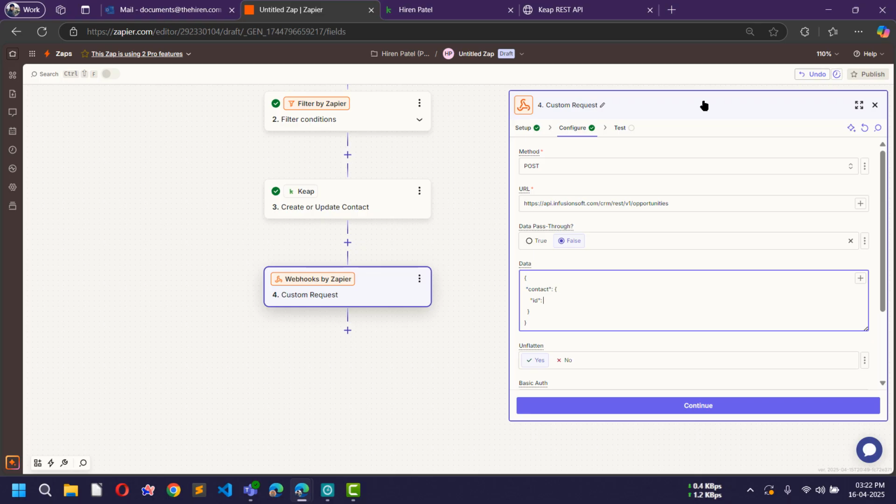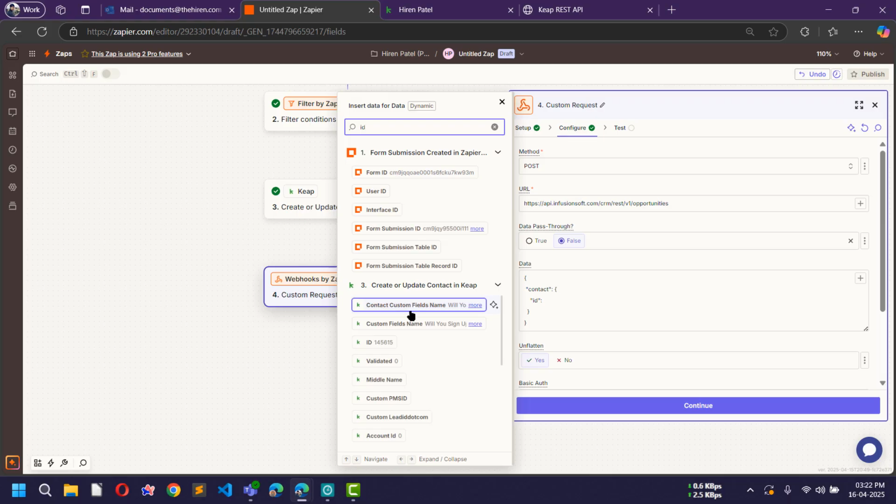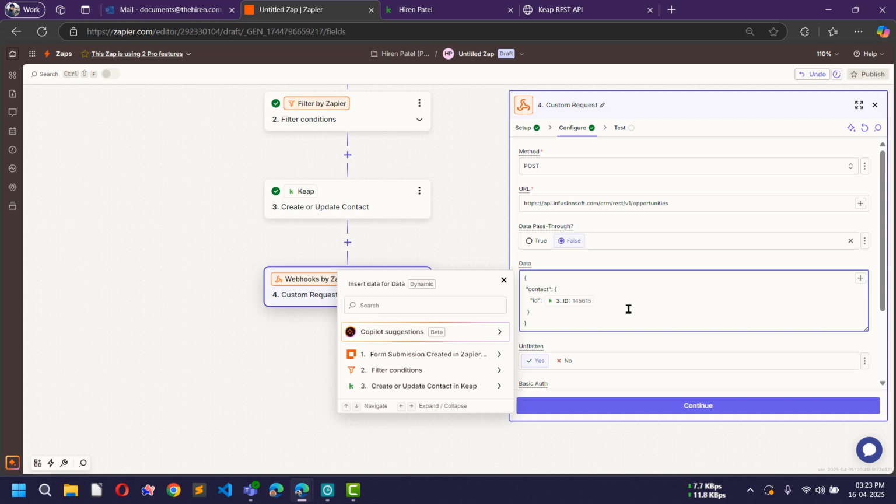So here we will search for ID, contact ID. So this is the step where we have created the contact in Keap. So this is the ID of the contact, select this one,